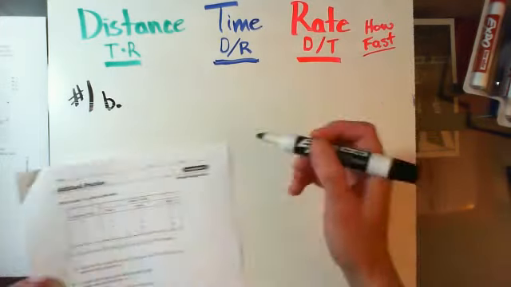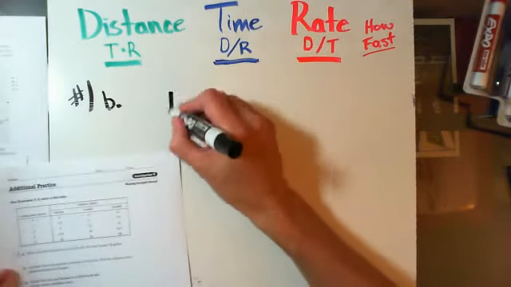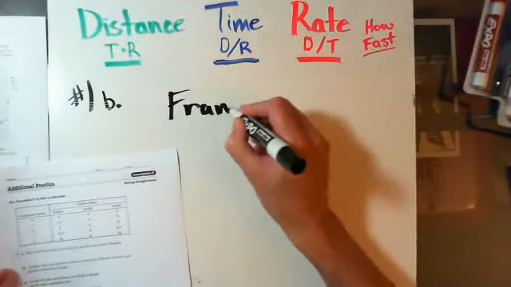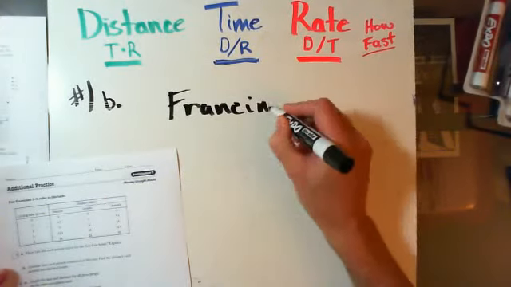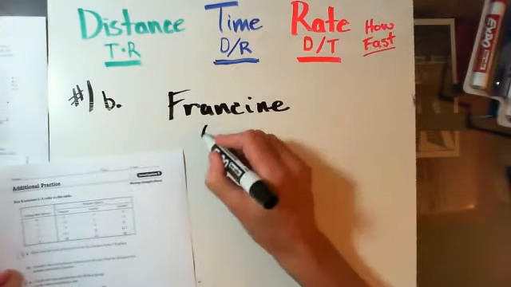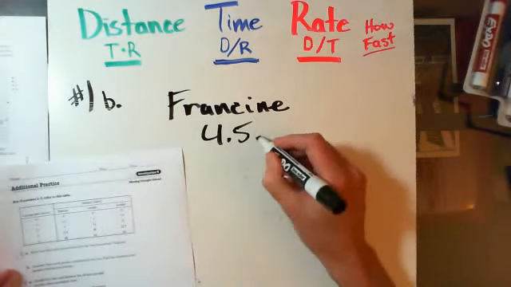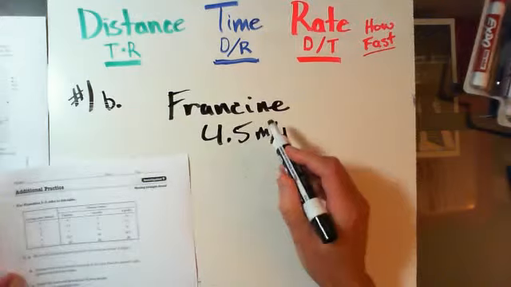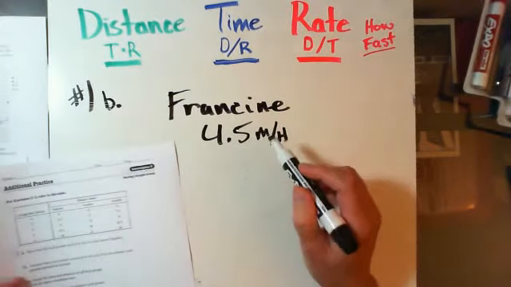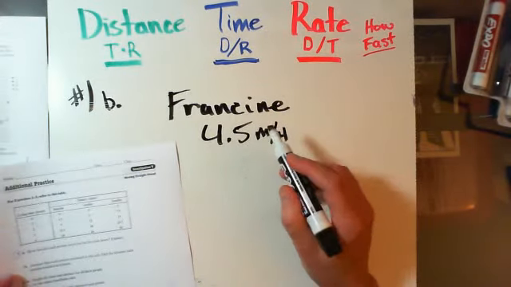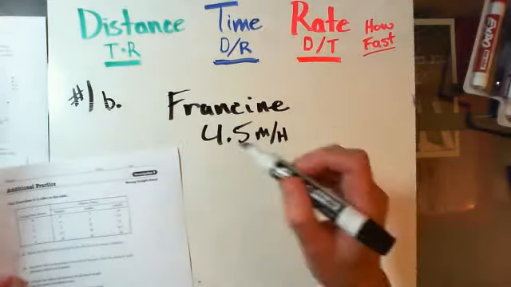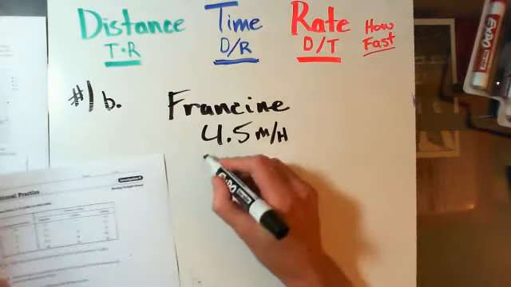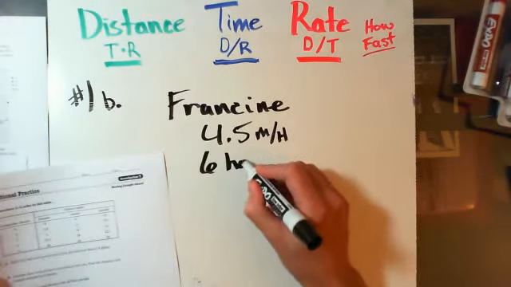Now we already know the rate, so for, again, Francine, she was going 4.5 miles per hour. To find out how far she went, the distance, all we've got to do is take the time, which is 6 hours,